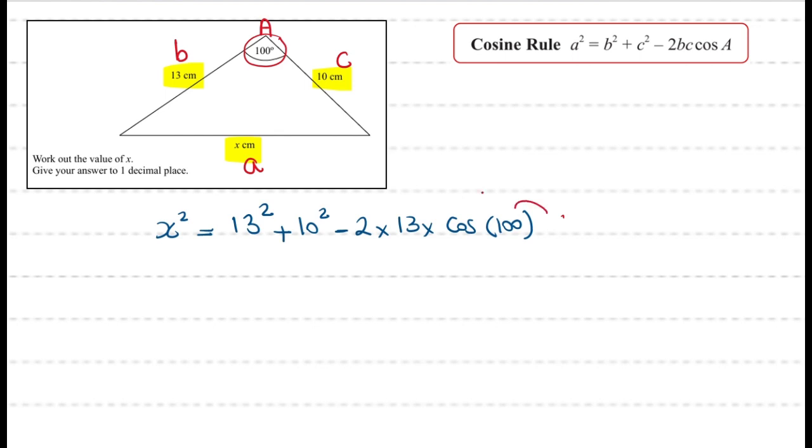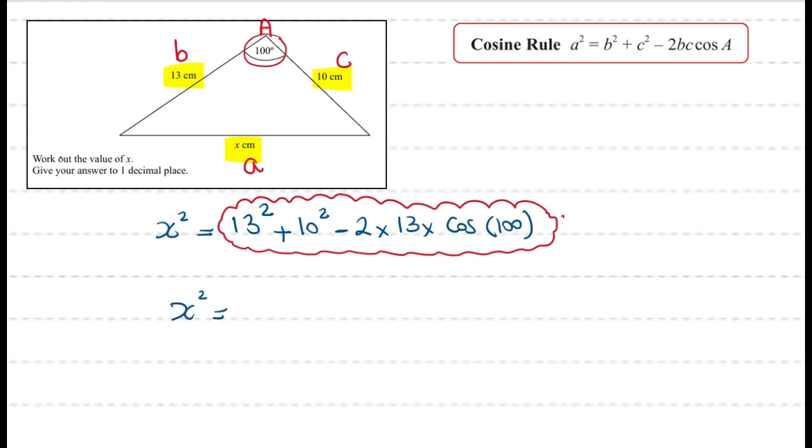We then type the numbers which are on the right hand side into our calculator, and we get x squared equals 314.1485262. These are the numbers that are displayed on the screen of our calculator. In order to find x, we have to take the square root of both sides. So we take the square root of 314.1485262,